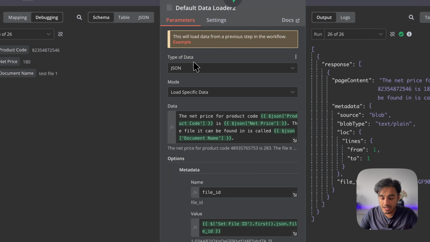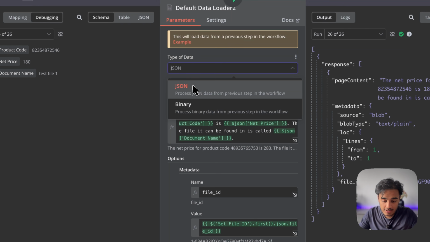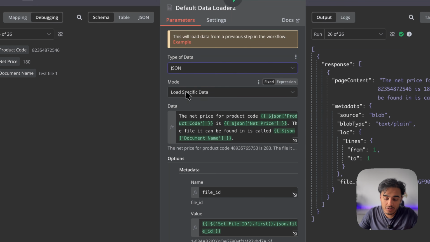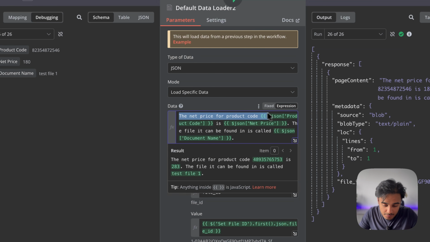Over here, you want type of data to be JSON, and you want the mode to be load specific data, right? And then under the data section over here, you essentially need to add some context so the model knows exactly what to look for. So I've put the net price for product code, and then I put a variable for product code is, and then the actual product